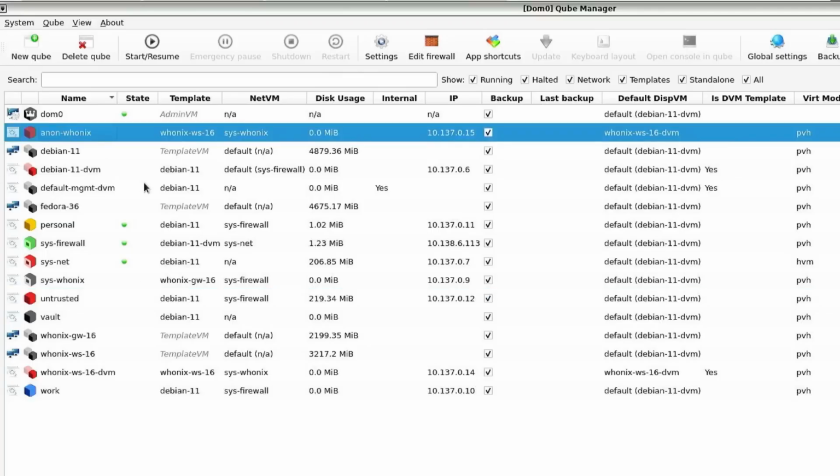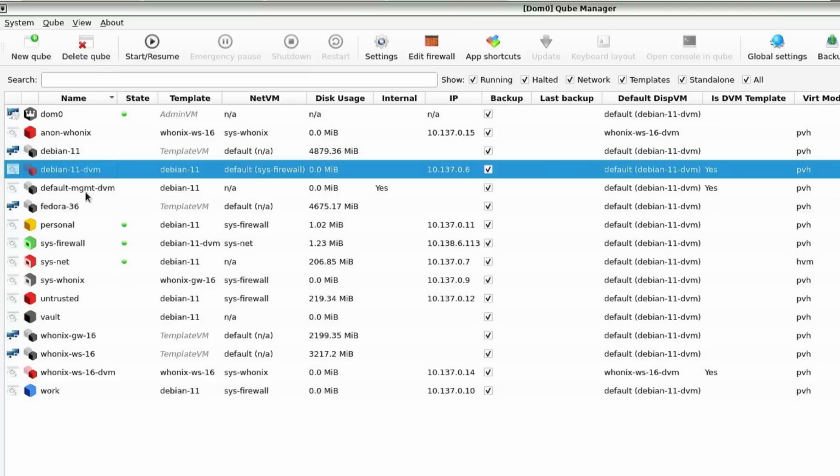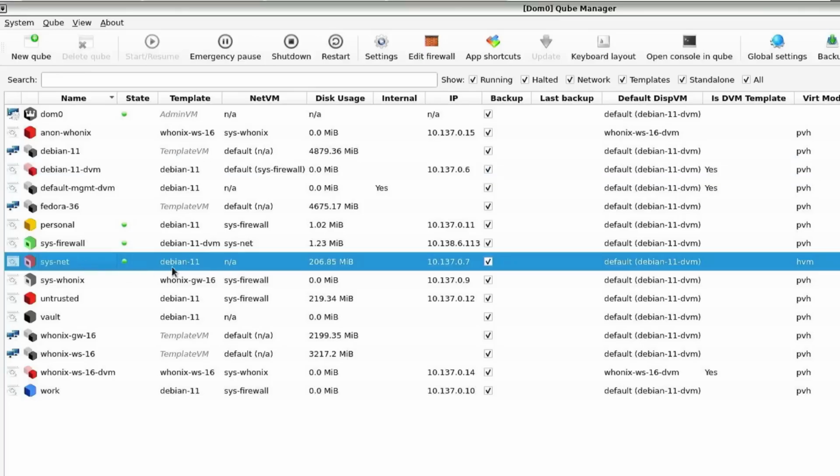Your Unix virtual machine that you're going to, and I think this is actually maybe an amnesic one, so like when you restart it, it doesn't save any data. Not 100% sure about that, but basically those kinds of machines are the ones that you want to be red, that you want to be restricted. Same thing with sysnet, which I'm going to talk about in a little bit.